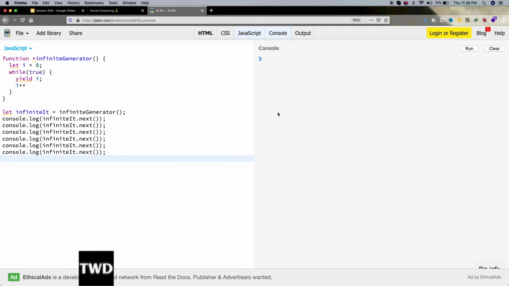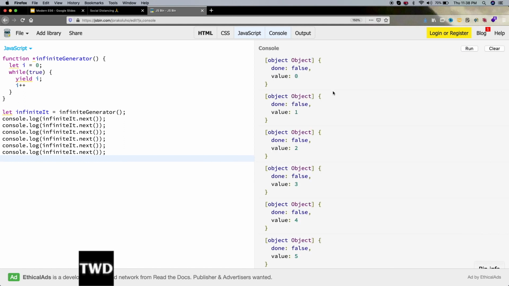We can call it n number of times also. See what will happen. It will just keep on increasing. First time it has gone 0, then yield 0 is shown, and done will be false all the time. So what happens when it goes to the yield, it stops the process. Even an infinite loop cannot break a generator. So this is the power of the generator. So this completes our chapter. See you in